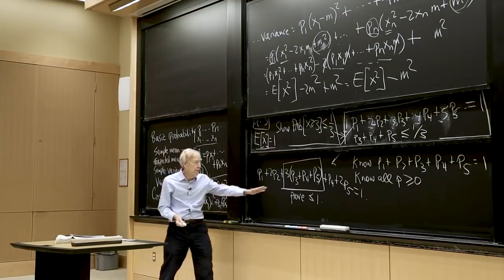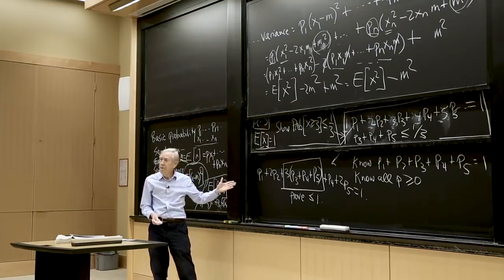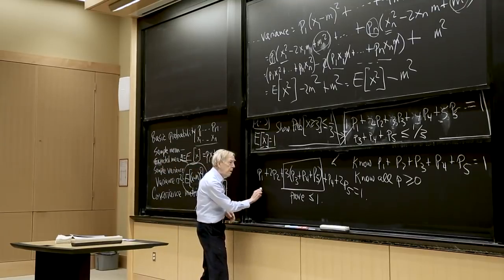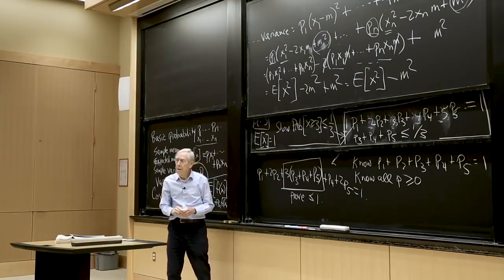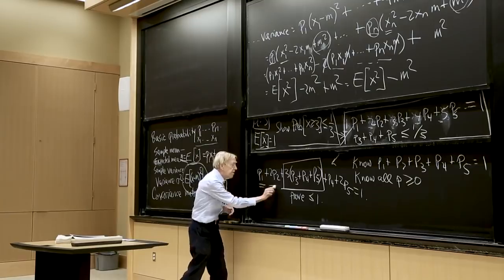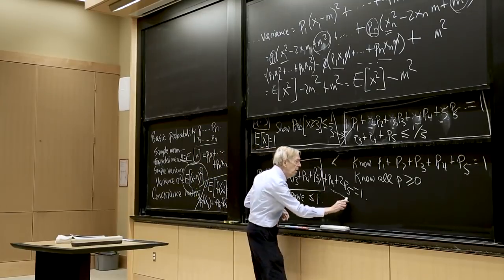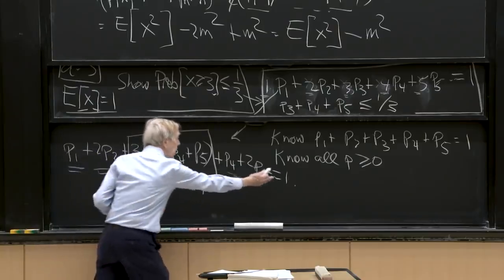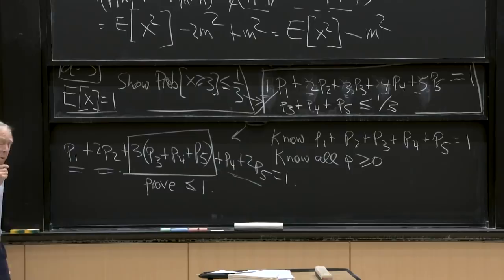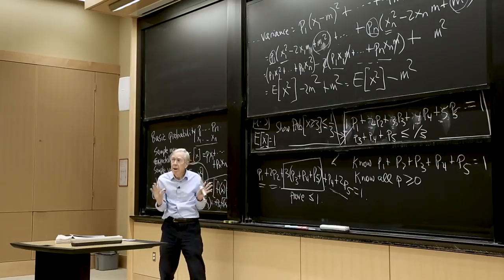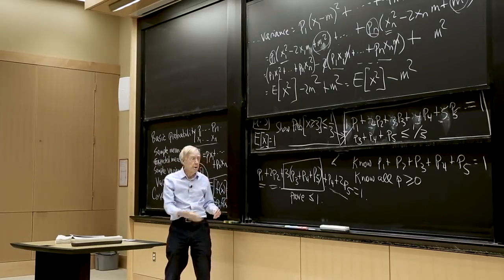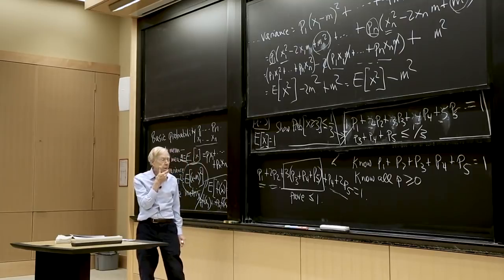But suppose it was greater than 1. Do you see the problem? Do you see why it can't be greater than 1? Because all the other terms are greater or equal 0. Probabilities are greater or equal 0. These are all greater or equal 0. And the total thing adds to 1. So that this piece has to be less or equal to 1. That's right. That's it. So a lot of talking there, simple idea, and you'll see exactly this example written down